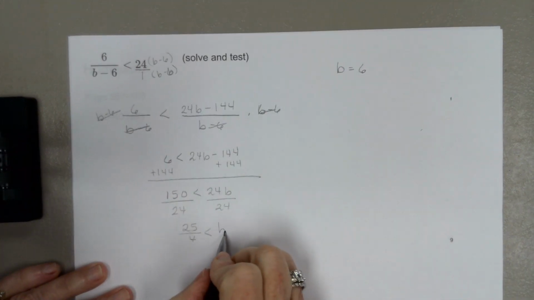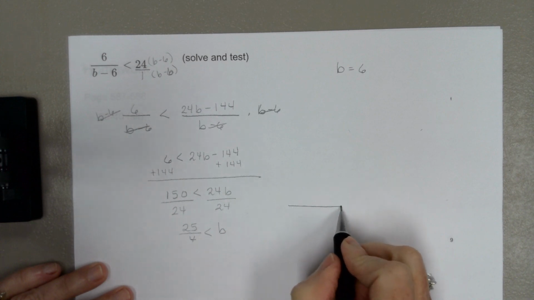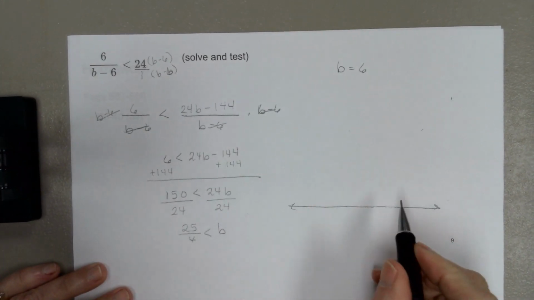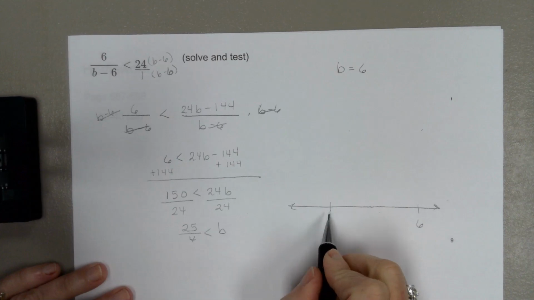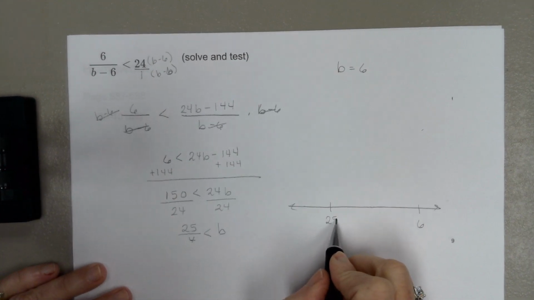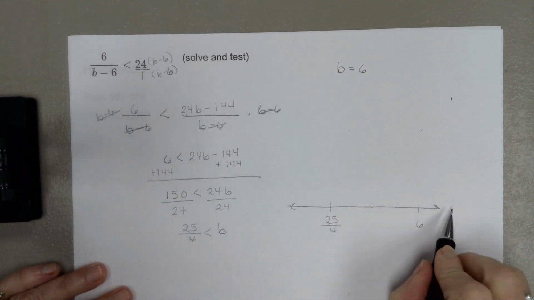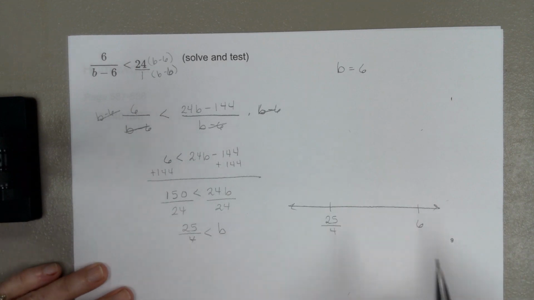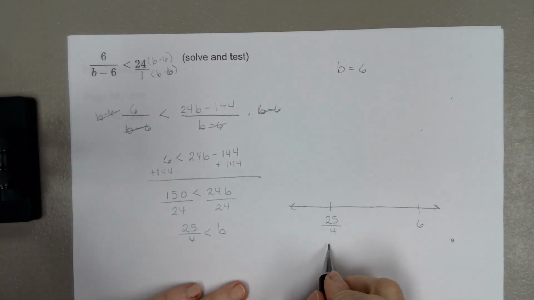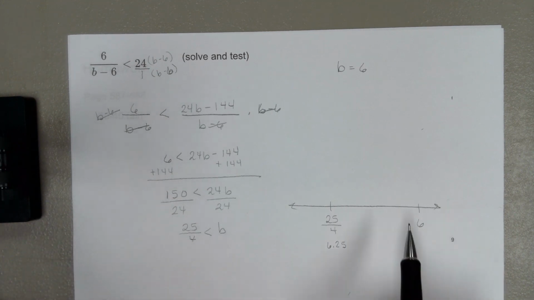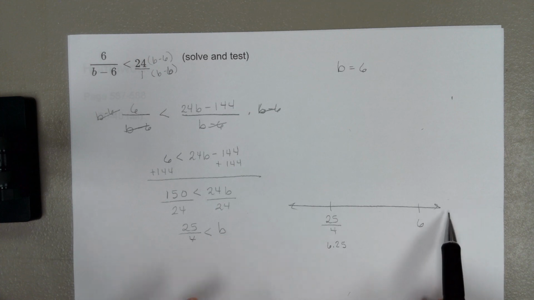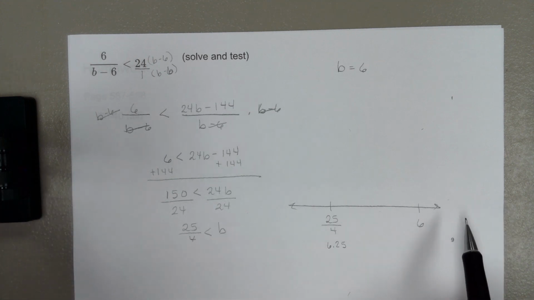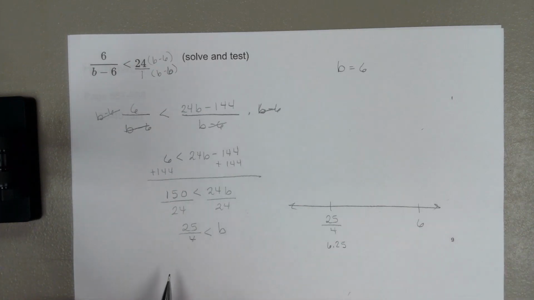Okay, so I have crucial spots here. I have a 6 and I have a 25 over 4. So I'm going to test to the right, to the middle, to the left, if you will. 25 over 4 is the same as 6.25. So what I need to do is check if something's greater than that or if something's less than that. And what you might want to do is bring everything to one side,